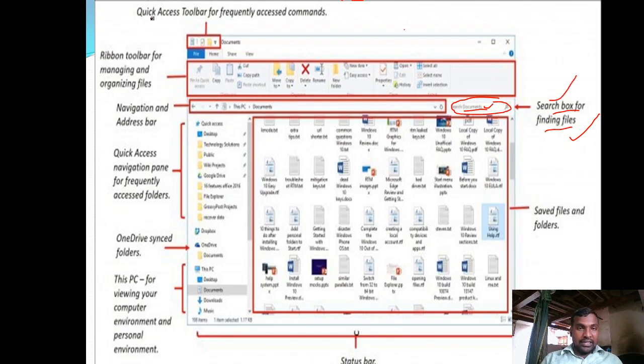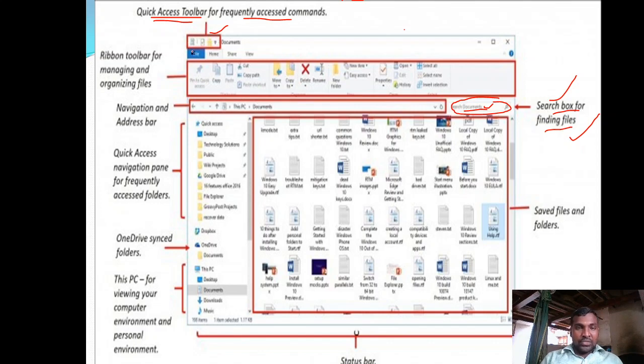And here this is the quick access toolbar for frequently accessed commands. Here three commands are there, and these three are the frequently used commands. You can also customize this quick access toolbar so that you can add any kind of frequently accessed commands you want here. In the quick access toolbar, the recently or frequently accessed commands appear. If you want to add any commands to this, or manage the commands available in the quick access toolbar, you can do it.